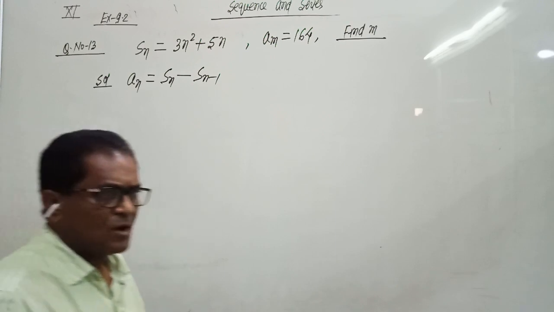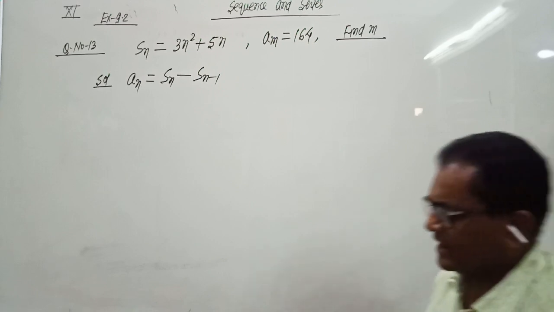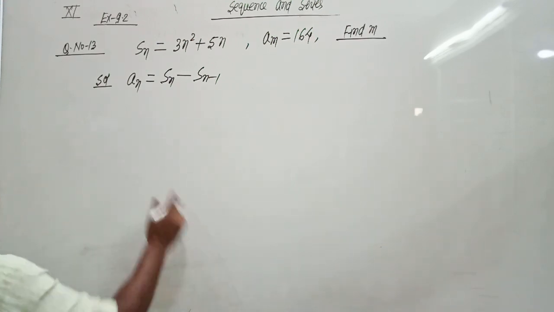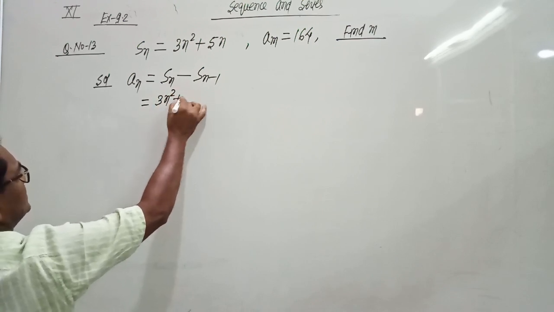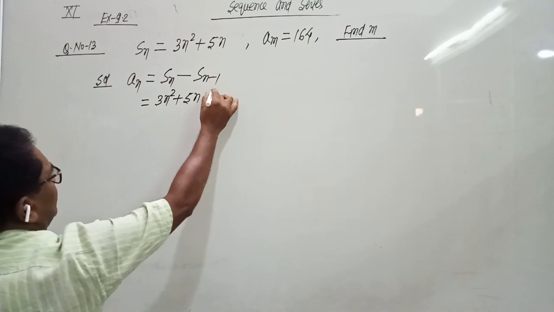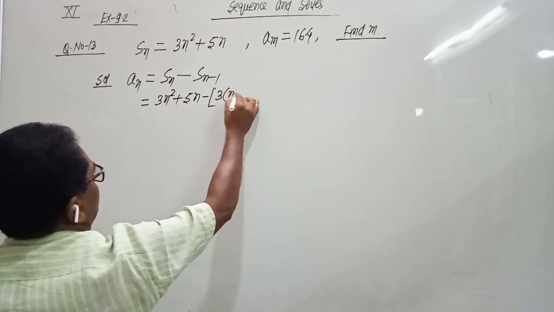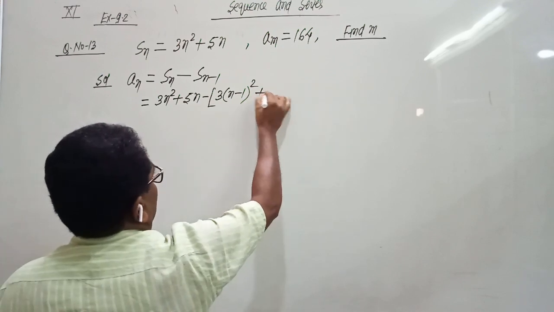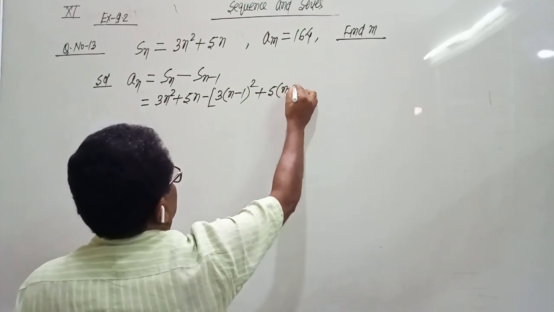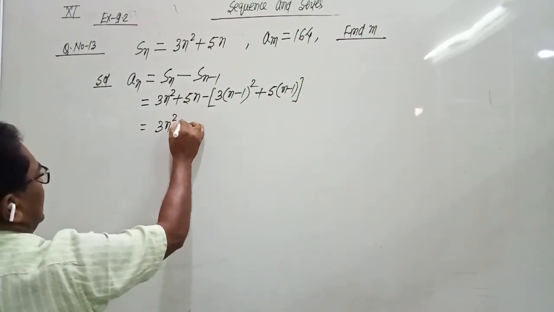If the sum of n terms is given, then to find the nth term, we use the formula a_n equals S_n minus S_(n-1). The value of S_n is 3n square plus 5n. And for finding S_(n-1), at the place of n, we put n minus 1. So 3(n minus 1) the whole square and plus 5(n minus 1). So we get 3n square plus 5n